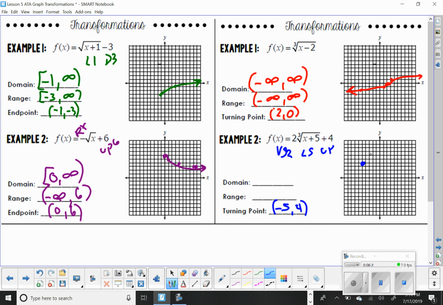And then a vertical stretch means I go right 1, up 2, left 1, down 2, and then I'm going to go right 8, so 5, 6, 7, 8, and instead of going up 2, I'm going to go up 4,